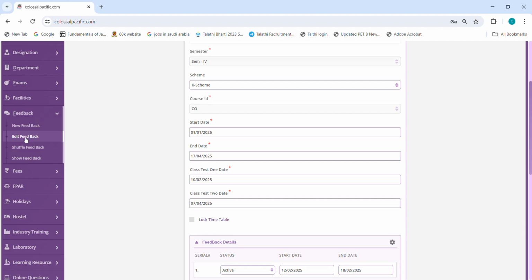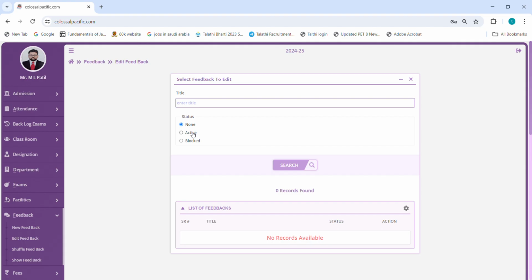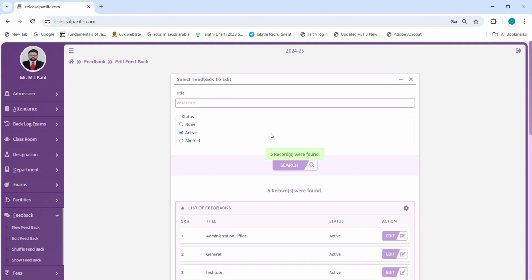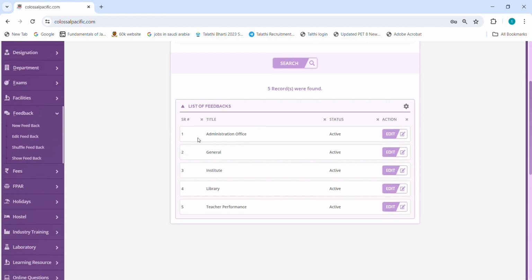So I will go to edit feedback. I will click on this active button. So you will find here we are having the 5 heads. First head is administration feedback. Second is general. Third is institute. Fourth is library. Fifth is teacher performance. Once you click on this edit button,